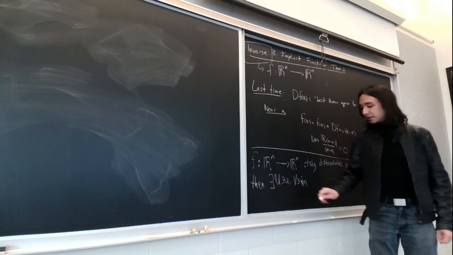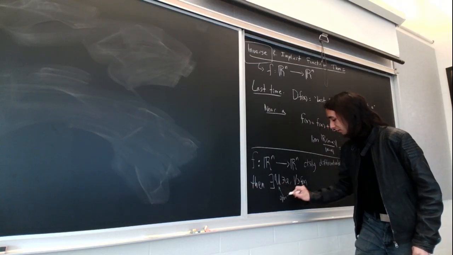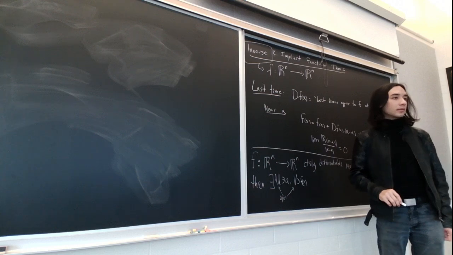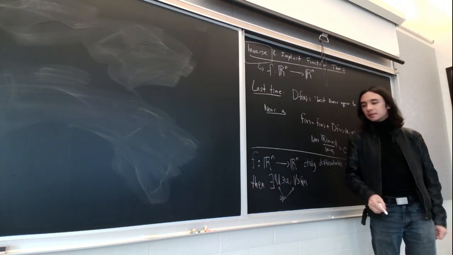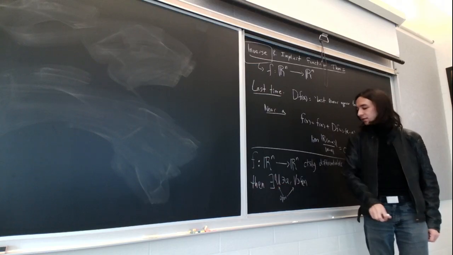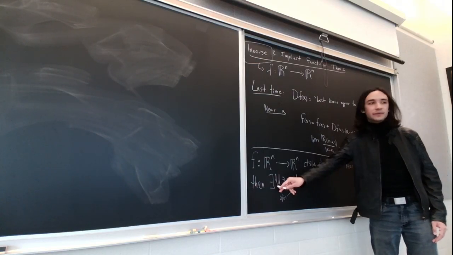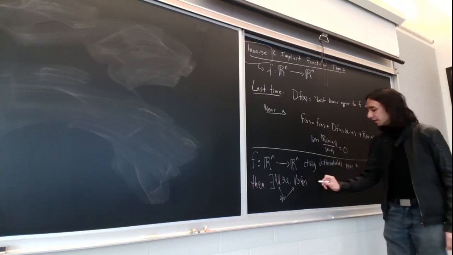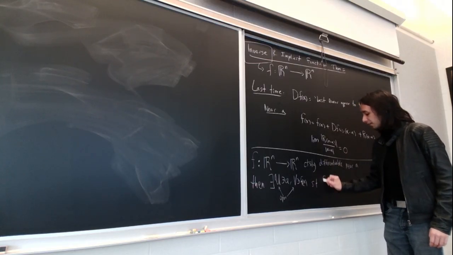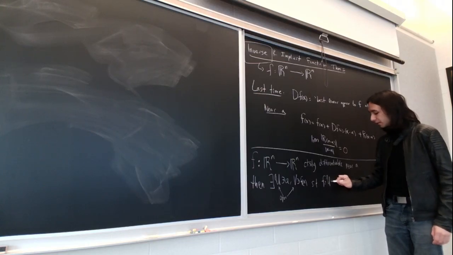These are open sets. Maybe I should specify that these are open. You can think of them for now as just a ball around A, at least you can think delta of radius and epsilon radius. You can think of this as a ball or a rectangle around A, and this is not necessarily going to be a ball or rectangle because it's just the image of this under the function, which kind of is unknowable. But it's also a neighborhood around f of A, such that the function f restricts to a function from U to V,